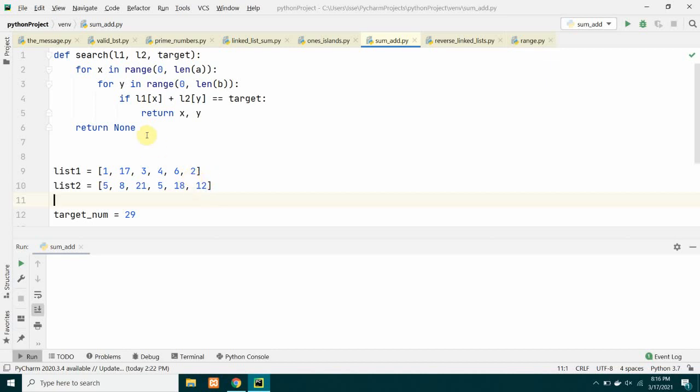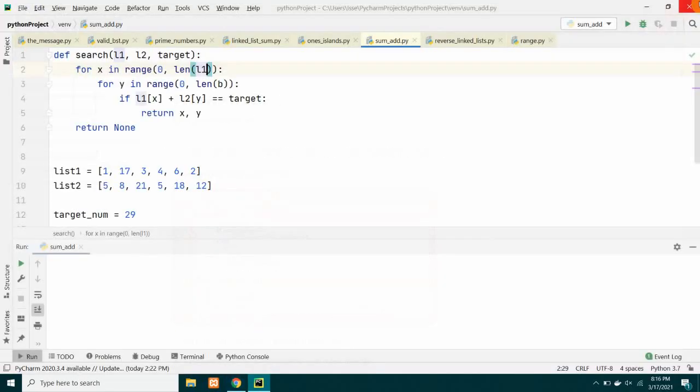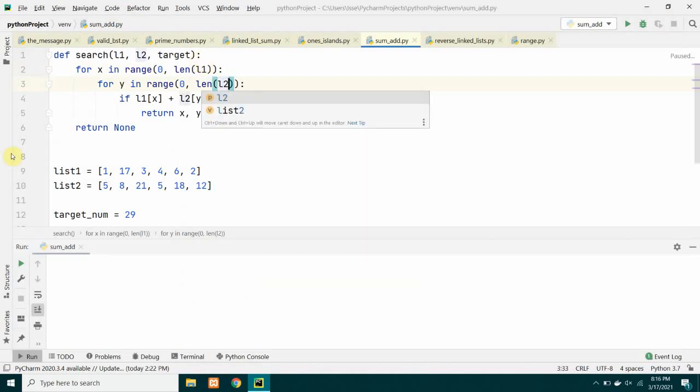So all right, here what I'm doing is I'm just taking, I should not call this A, I should call it list 1, sorry about that. And then here this should be called list 2. L1, L2 stand for list 1 and list 2. And then